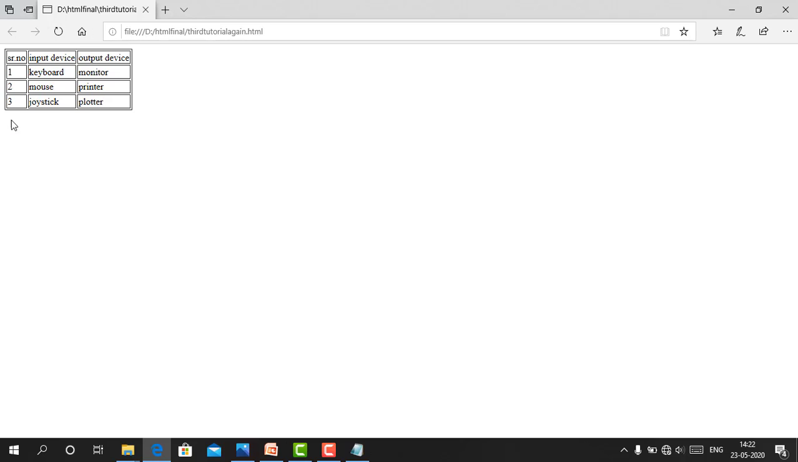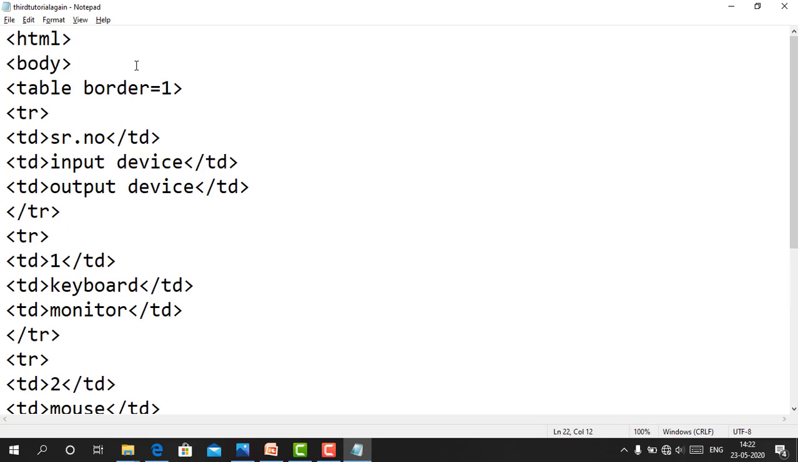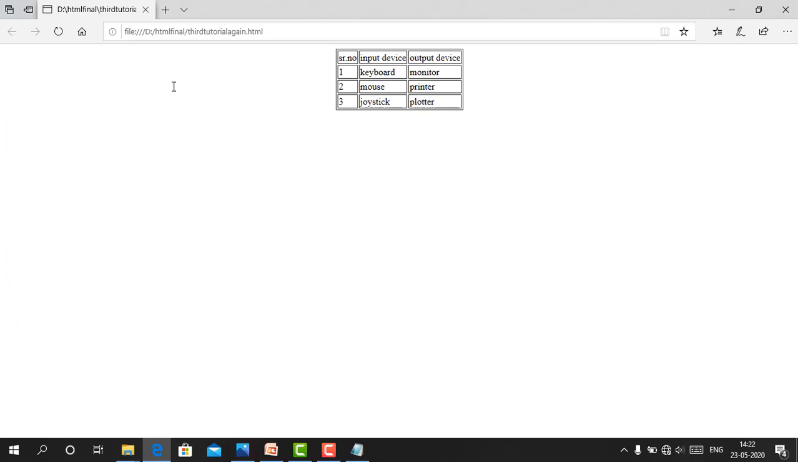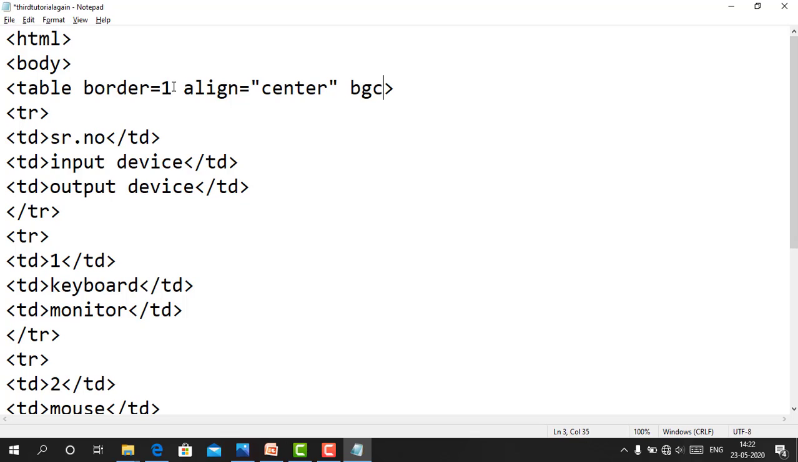Okay, I have created the table. Now I want this table in the middle of the web page. So in the table tag, I will align this table, align equals to center. Control S, again refresh this. Okay, now I want the background of this table as yellow. So bgcolor equals to yellow. Control S,